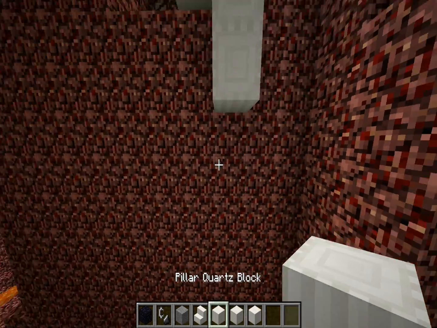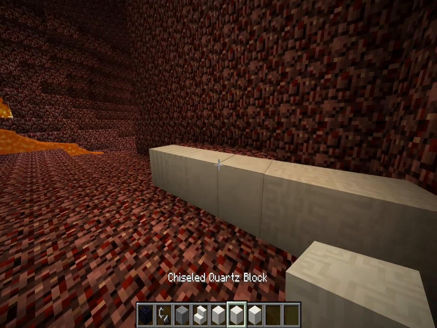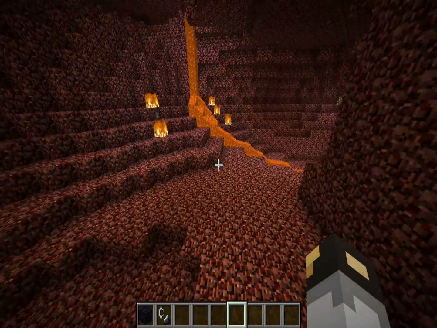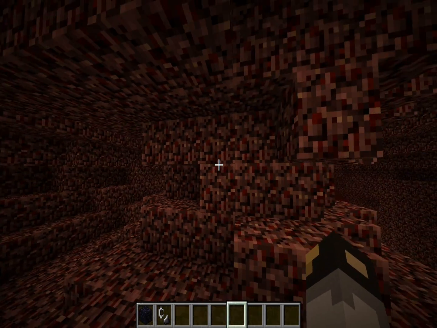And you can see it's like a solid white color. These pillars have some detailing. The solid blocks don't, and then the chiseled blocks have that, and that. So that's awesome. So, take a good look. And then all of the nether, if you can take a look, over here is just this nether,